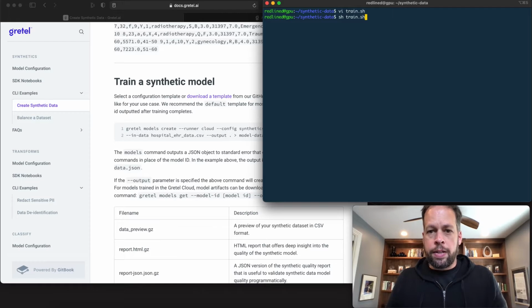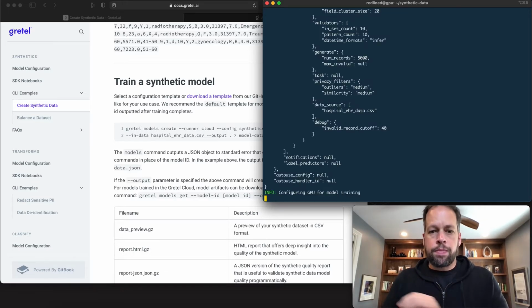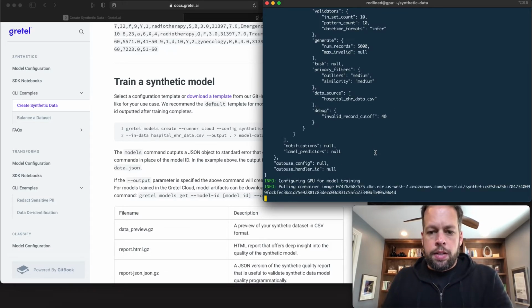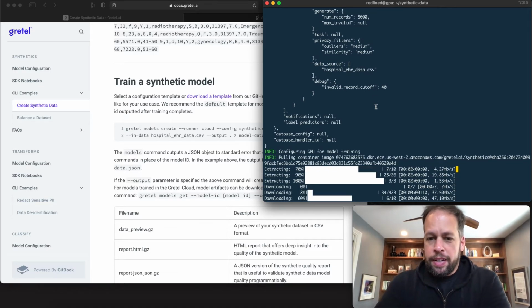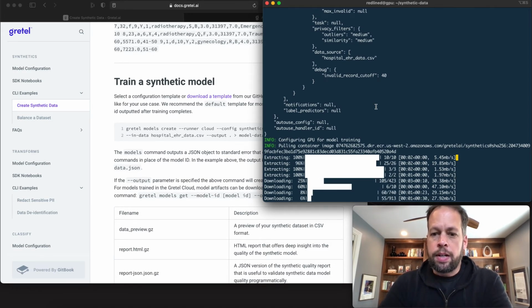Go ahead and run that training file. This first step, the first time you do this, is going to take a while because it needs to download the container from